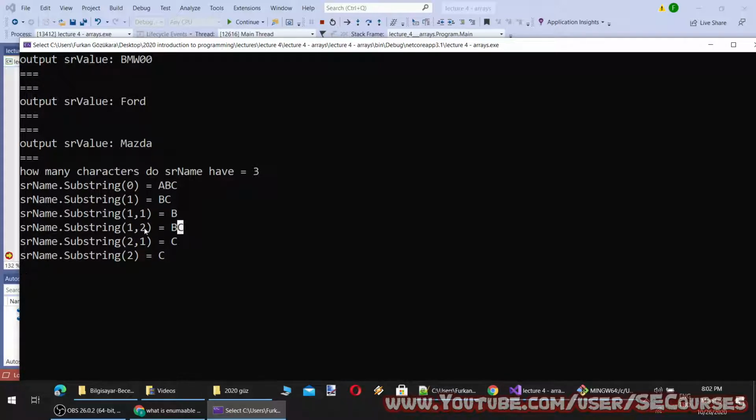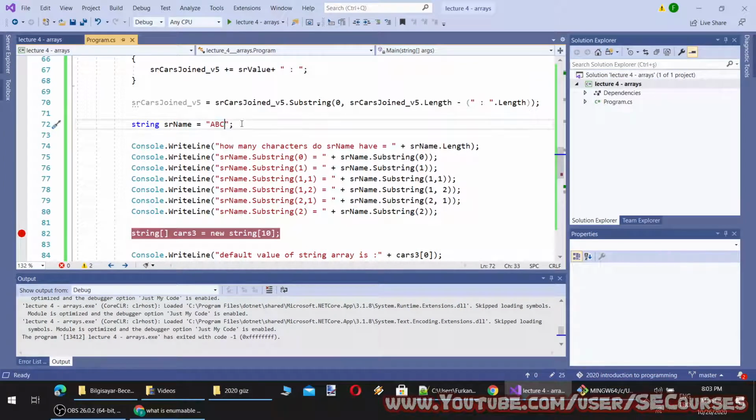Substring 1, 2 means it starts from index 1 and gets 2 characters, so B and C. Substring 2, 1 means it starts from index 2, which is C, and gets 1 character, so it gets C. And this one means it starts from C and gets the rest of the characters, and there are no more characters, so it gets C. If I change this to A, B, C, D, you will see how it changes.